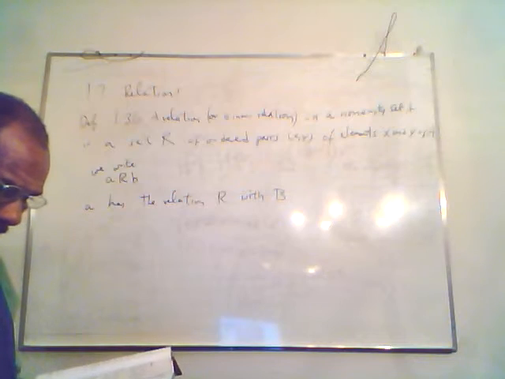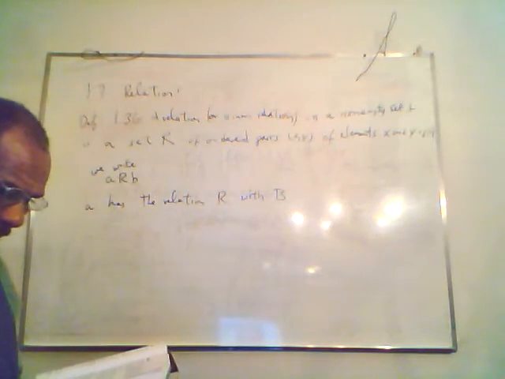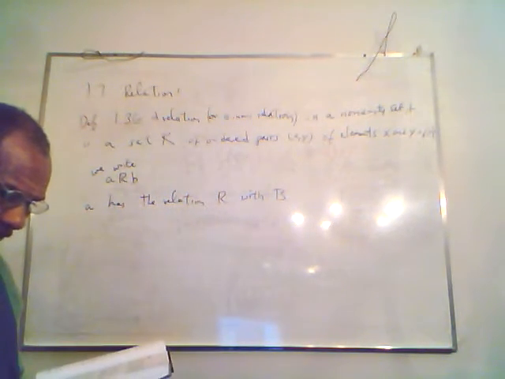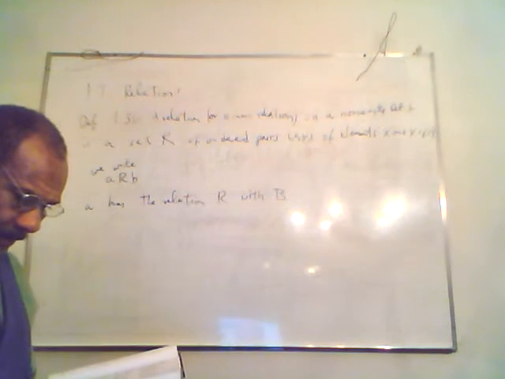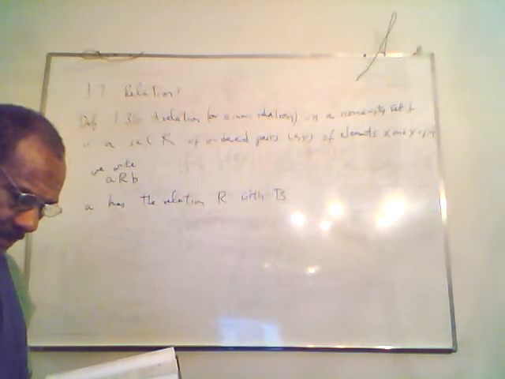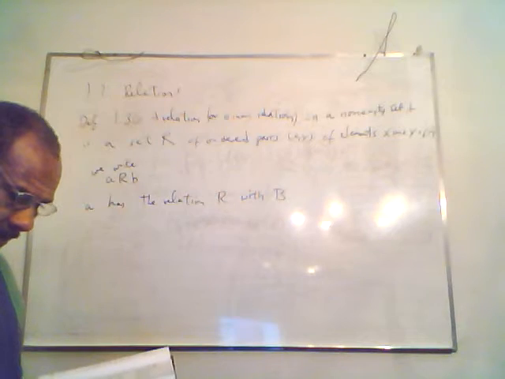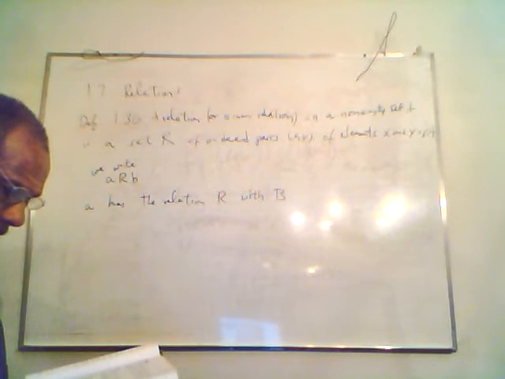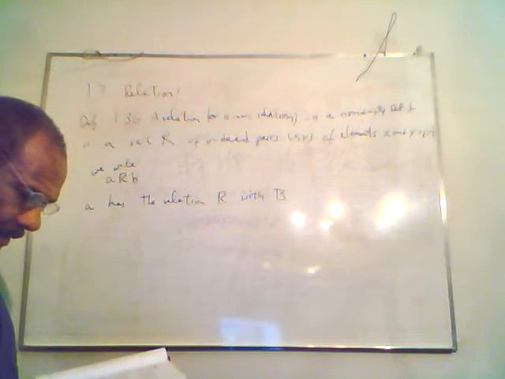If the ordered pair a, b is not a member of R, if that ordered pair is not a member of the set of ordered pairs x, y, we write